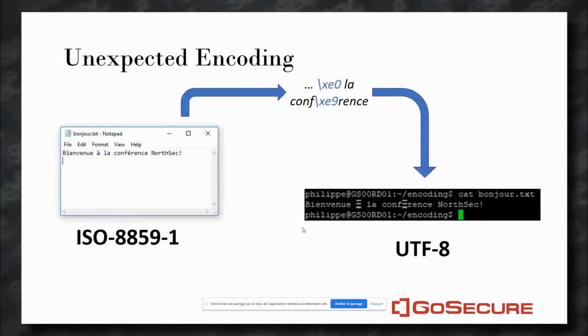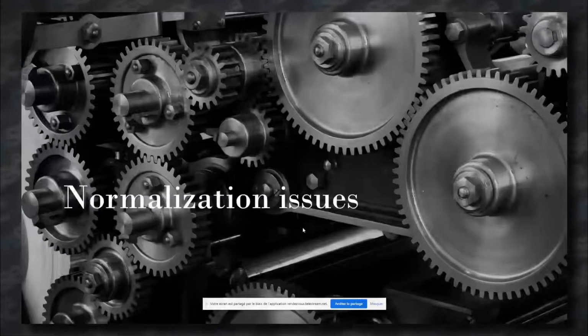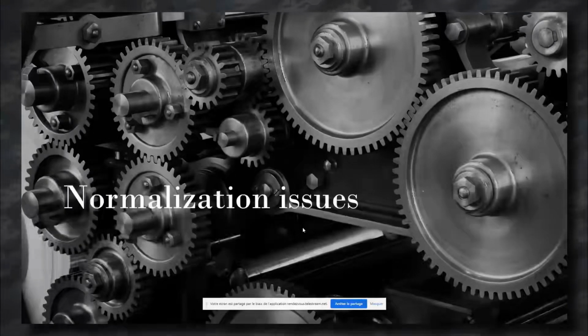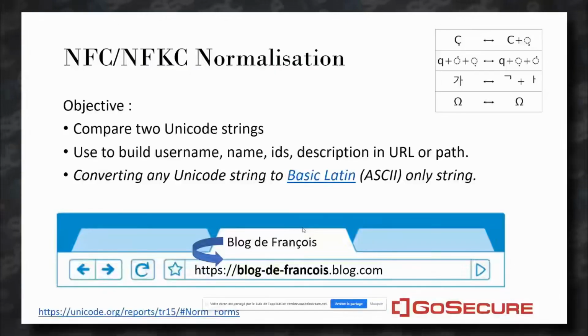So that was the long introduction for the basic concept of where Unicode came from and what problem it's solving. Now we know that Unicode is encoding all characters from every language. The thing is that the same character, or same visual representation, can be encoded in different ways with different Unicode characters.